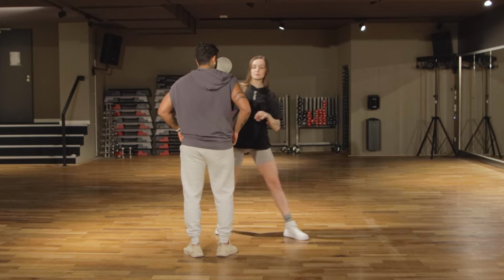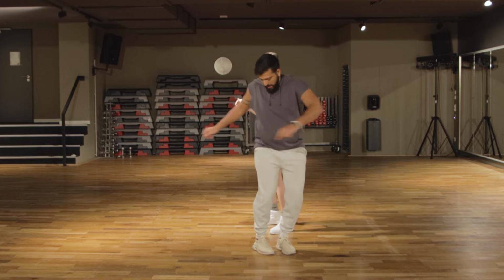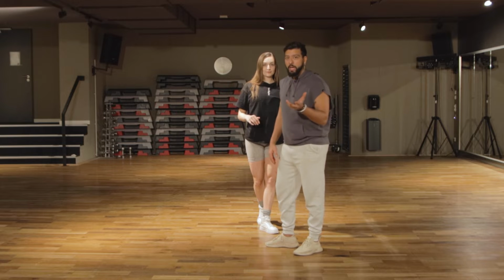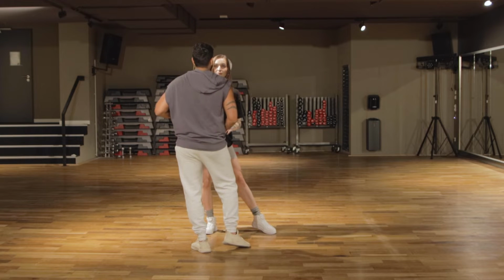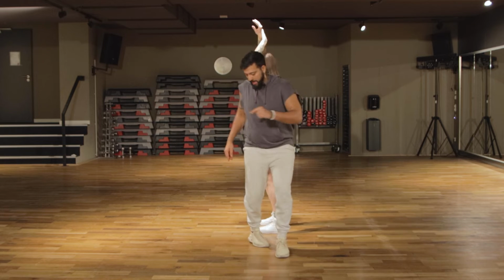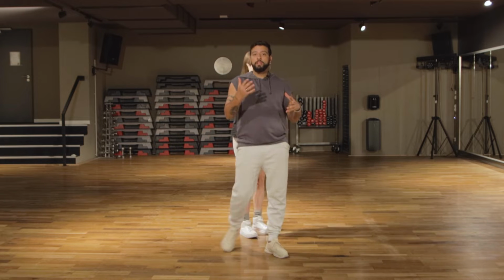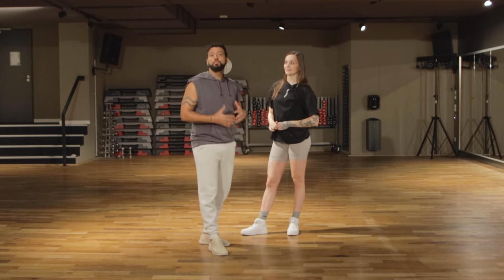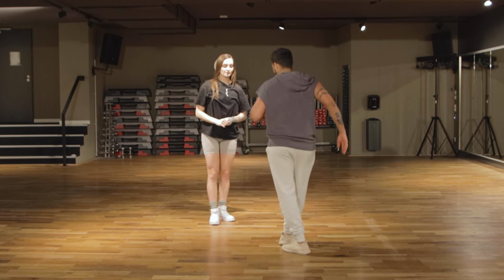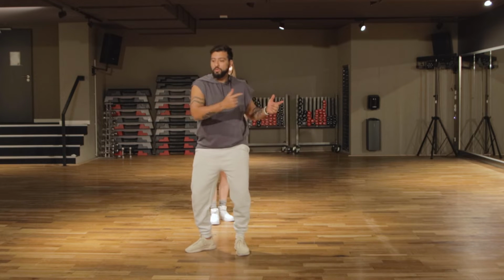So let's do one more time. I can step to the side, very close, and then just pivot here, bringing my right side forward. Or I could do the normal simple turn variation, where I step to the side, on the back, and then I cross. So those two variations you can practice first and choose which one you're gonna use. But it needs to be very fluent, so we can turn with her. That's the cool move. You need to turn